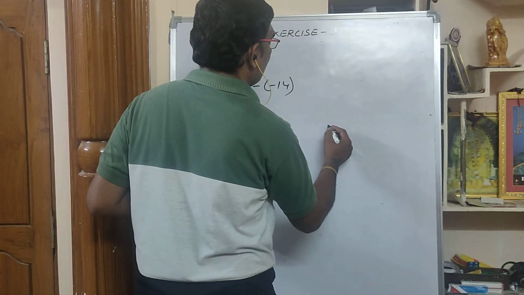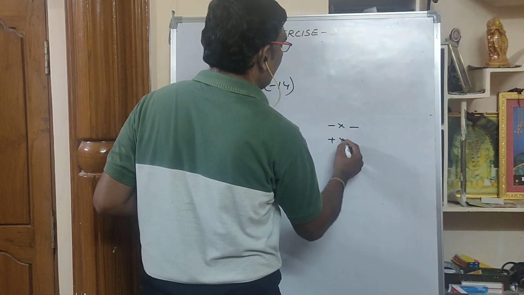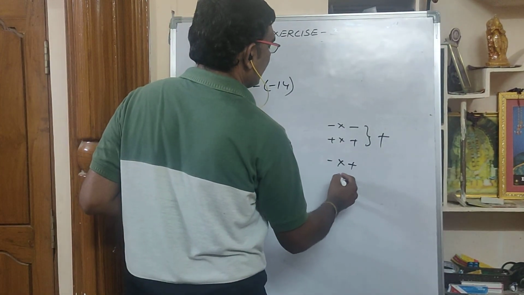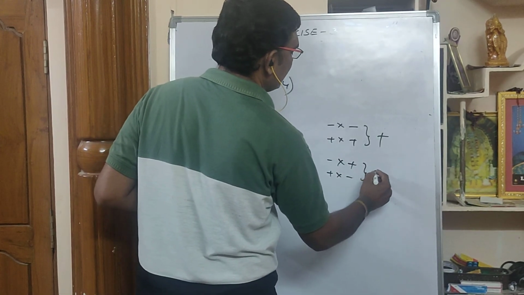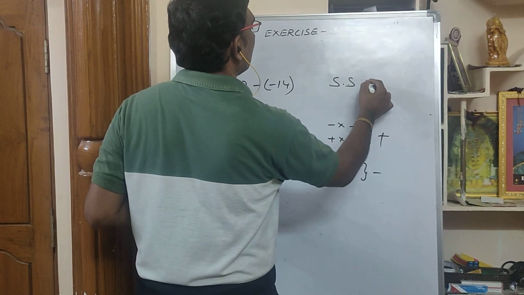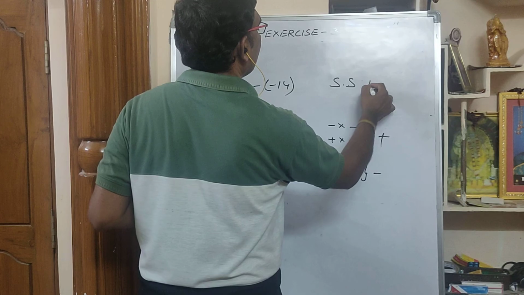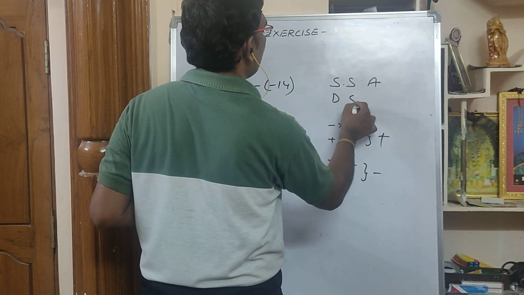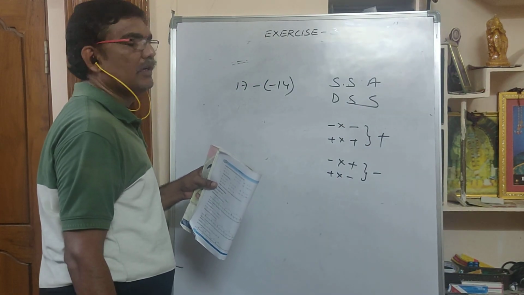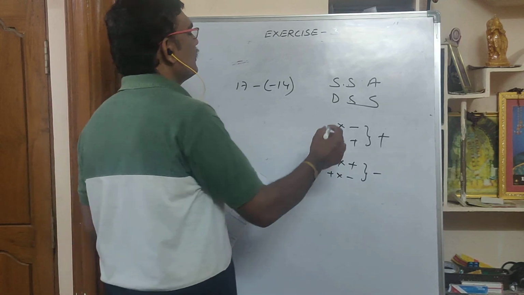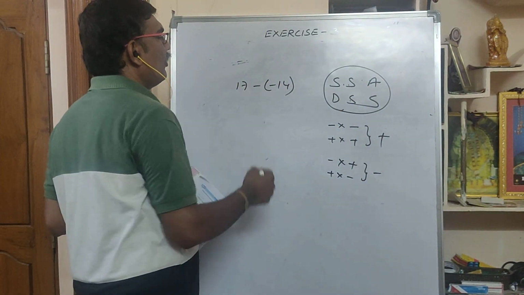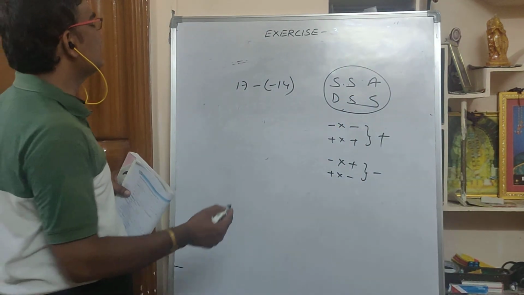So here you have to learn same symbols. If you multiply, the answer will be positive. Different symbols, if you multiply, the answer is negative. Same symbols, addition. Different symbols, subtraction. Same symbols, addition. Different symbols, subtraction. So here, these two, if you remember, you will come to know about it.